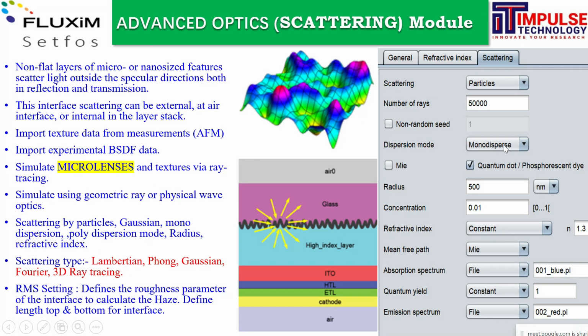So this is for LED devices. Now the final module is called advanced optics, which we can call a scattering module, which is basically used whenever you have non-flat layers. Suppose your layer is not flat, or is a truncated or inverted structure, like you can see here, these black top and down layers. So this is basically to get the highest efficiency, to maximize the sun absorption in the device.